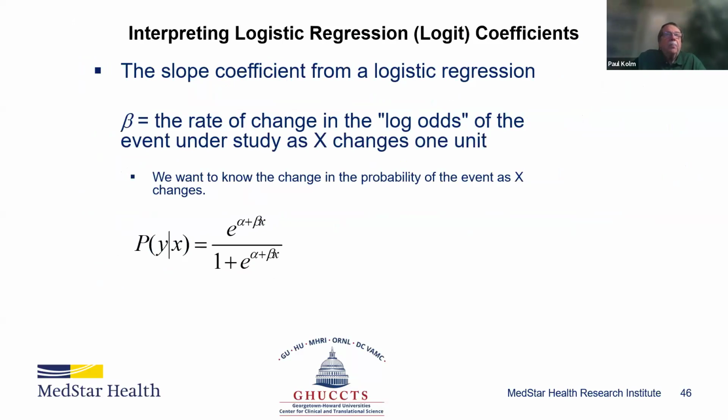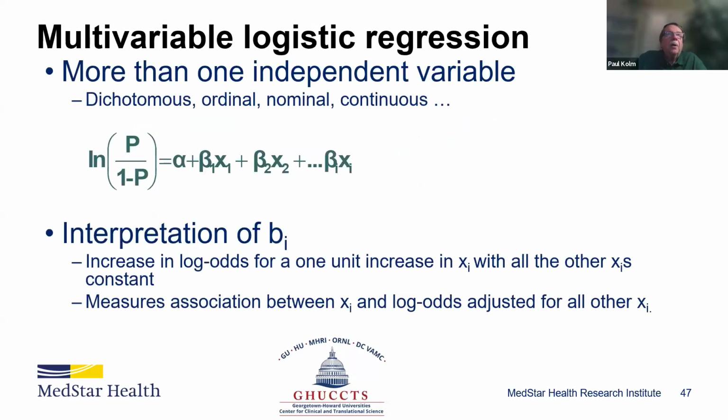And then we can get the probability of the event as our predictor variable changes. And we get that by dividing the exponentiated regression equation by 1 plus the exponentiated regression equation. And then we can also